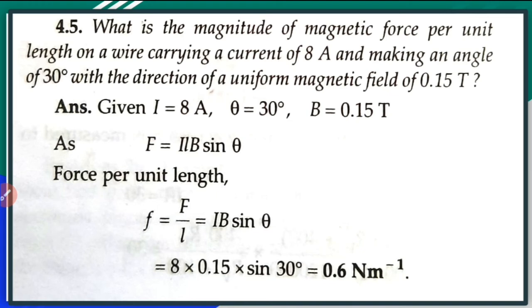Now, what is the magnitude of magnetic force per unit length on a wire carrying a current 8 ampere, making an angle 30 degree with the direction of uniform magnetic field of 0.15 Tesla? So this is the force experienced by a current carrying conductor in a magnetic field. You know the expression is F is equal to IL cross B. So the magnitude of force is ILB sin theta. Direct question, I is given, B is given, theta also is given, and you're asked to find force per unit length. So force per unit length F by L will be IB sin theta, and substituting you will get 0.6